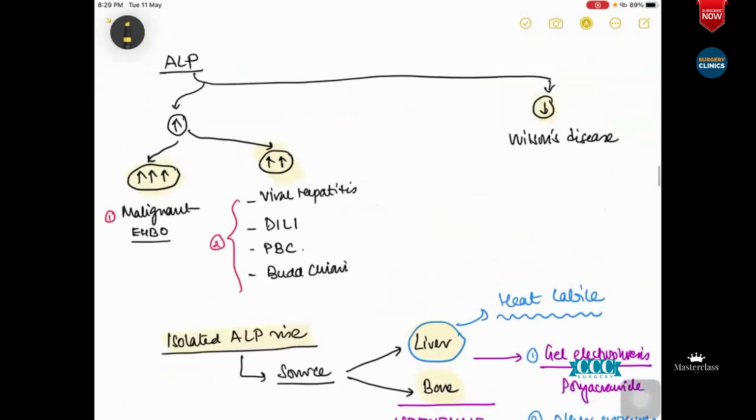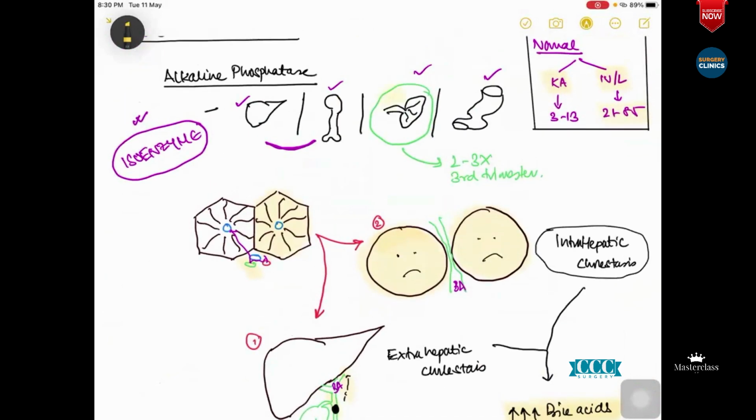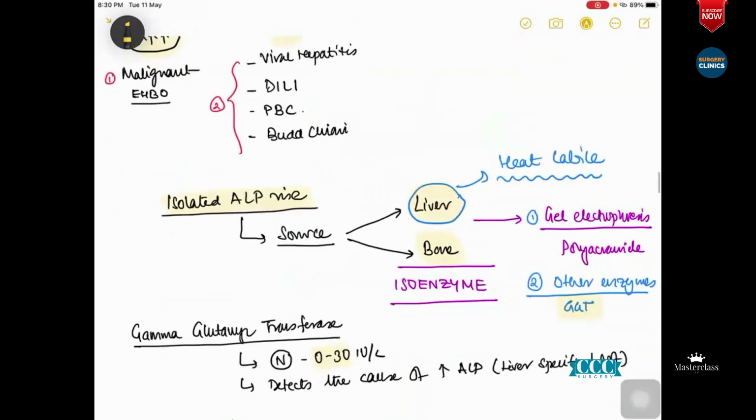Right. So see, I told you this, that hepatocytes can get damaged in a condition with intrahepatic cholestasis or extrahepatic cholestasis. So alkaline phosphatase goes up. You're trying to evaluate why it happens. Do a GGT; if it's normal, then it's a different thing. If it's not, then your imaging tells you whether it is intrahepatic cholestasis or extrahepatic cholestasis.